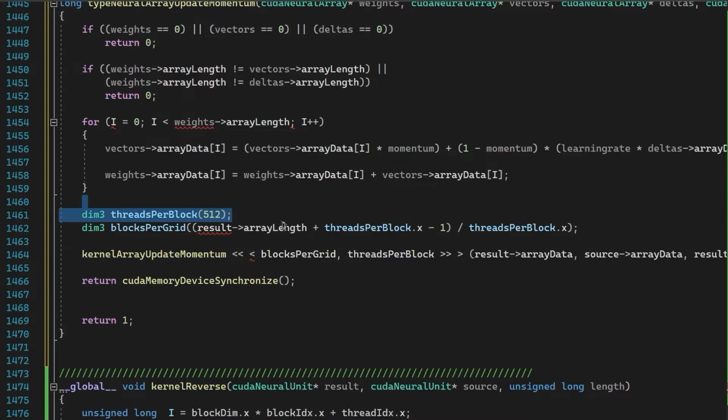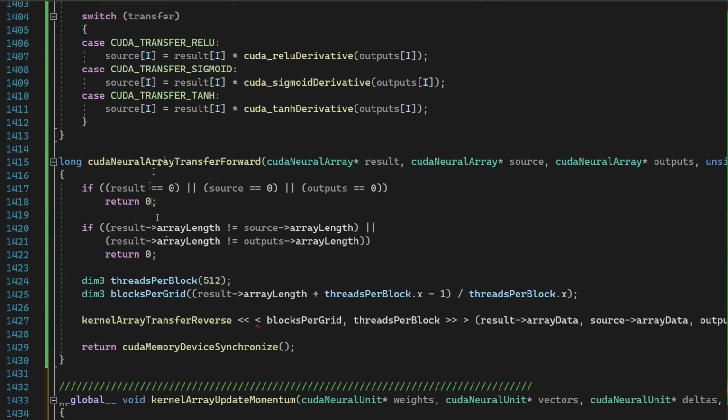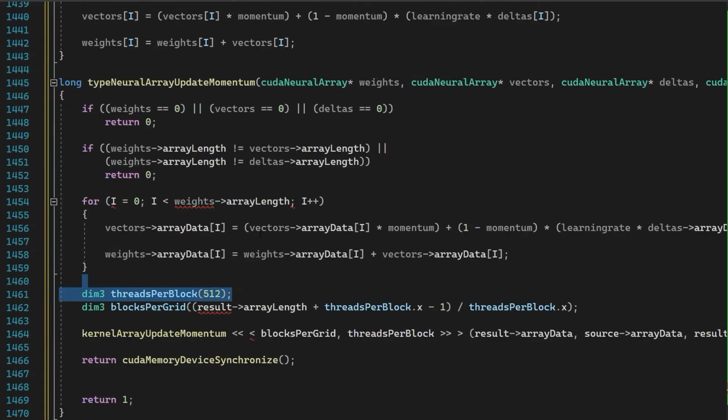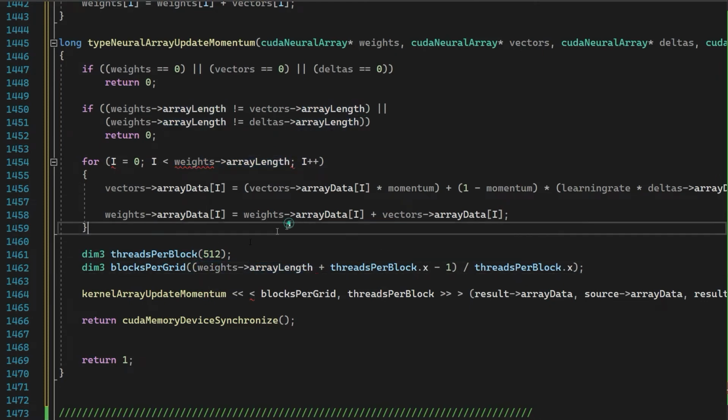Did I forget something up here? TensorFlow result. No, I didn't forget anything out here. Now weights dot array length. Copy this. We don't want to mess that up. Copy this right here, and now we need